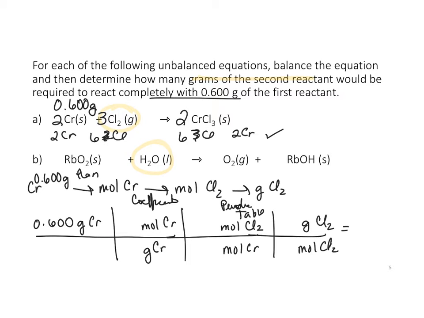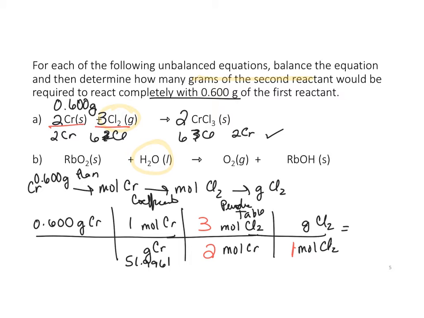And now we can look at our periodic table and see how many grams of chromium: 51.9961 for 1 mole. Here we have to look at our coefficients. 2's in front of chromium, 3's in front of chlorine, and then for 1 mole of chlorine,